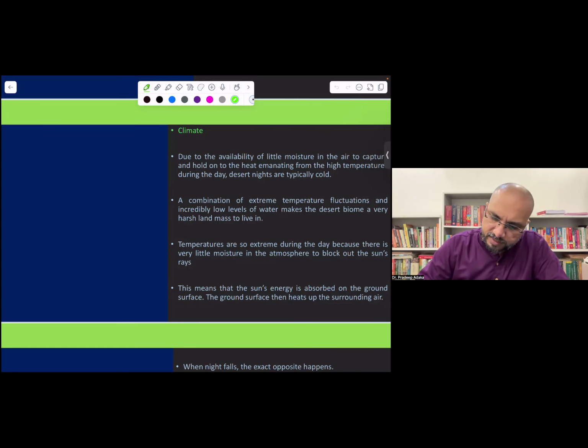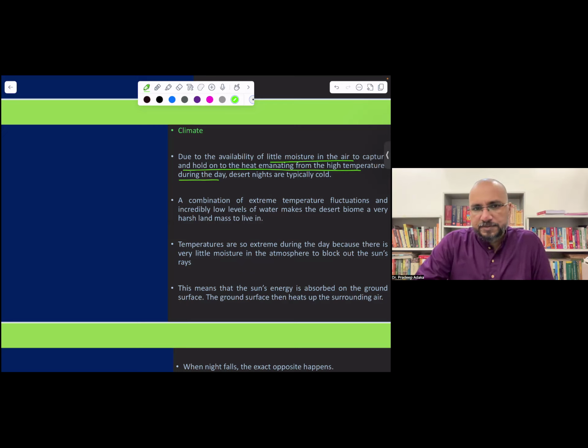Very little moisture in the air to capture and hold on to the heat emanating from the high temperature during the day. So deserts are very cold during the night time. If the air is humid, it can capture the heat. It can hold more heat, or you can say it can remain warm for a longer period. If the moisture is not enough,